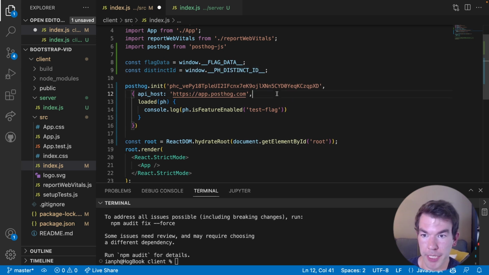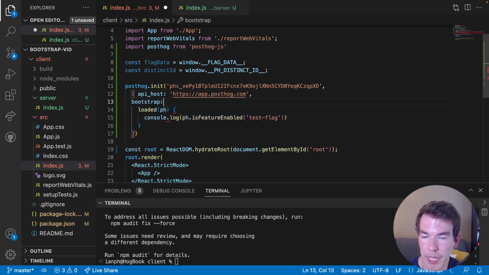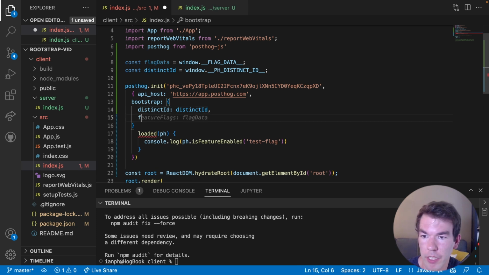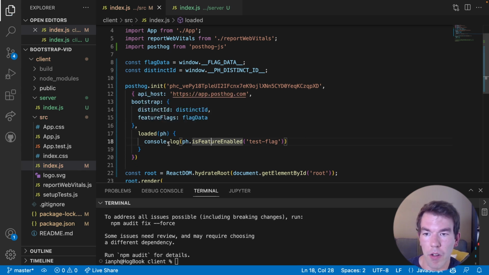And once we have this, we can go into our PostHog initialization and we can add a bootstrap option here. And this is going to take an object, and that's going to have a distinct ID, which is our distinct ID, and our feature flags, which equals the flag data. And we're going to add a comma here as well. And that's all we need to do really to bootstrap. We have this data from the server side. We're going to pass it into our client initialization on the client side, and that's going to allow this data to be available instantly. The last thing we need to do here is run npm run build,